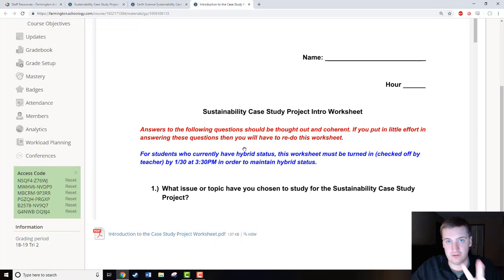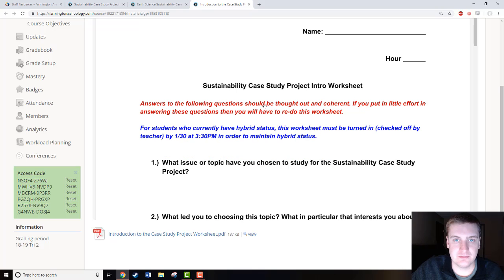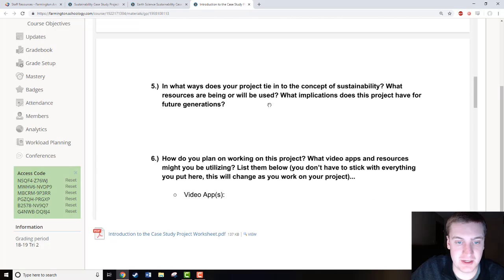You need two things to get this assignment fully done. You have to submit this to Schoology, and then when we're back in class, like how we do our lab checkoffs, you're going to come up and turn this in to me in person, and I'm going to read through it real quick and sign it off for you. So this whole worksheet needs to be done